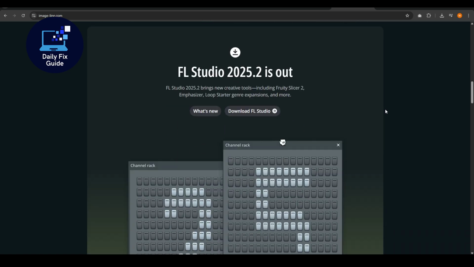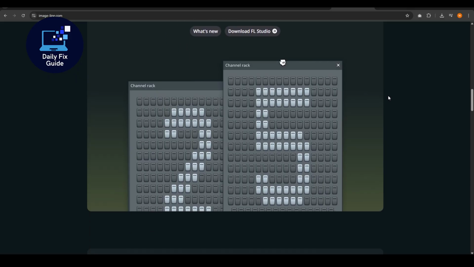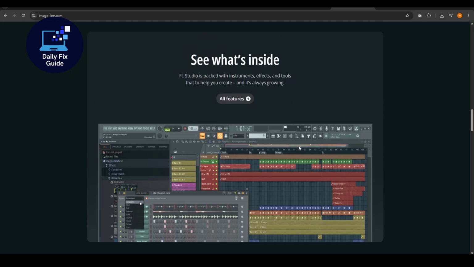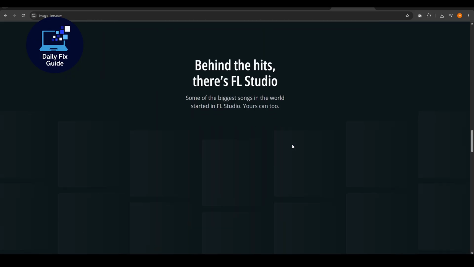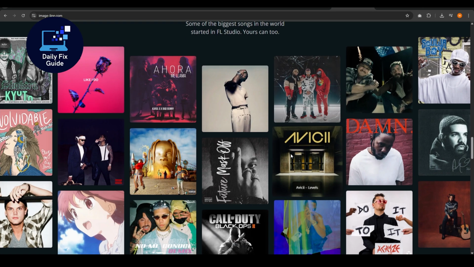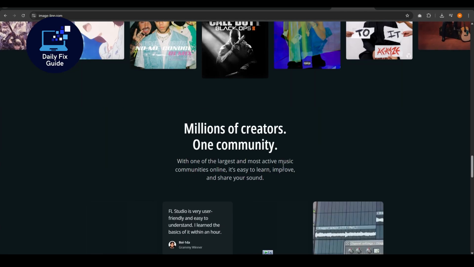Its real strength lies in synths, samplers, and sound design tools, such as Ultra Citrus and Flex, which are perfect for modern electronic production. MIDI editing in FL Studio is top-notch, with a piano roll that many consider the best in any DAW. FL Studio runs smoothly on both Windows and Mac, and one of its biggest perks is lifetime free